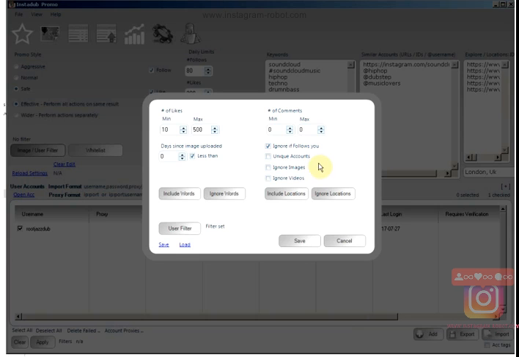Yep, ignore if the account follows you. You don't want to be liking an image if the account already follows you. It's a waste of your daily like. Unique accounts. Let's say I have searched for hashtag hip hop and there's a hip-hop artist who has just posted